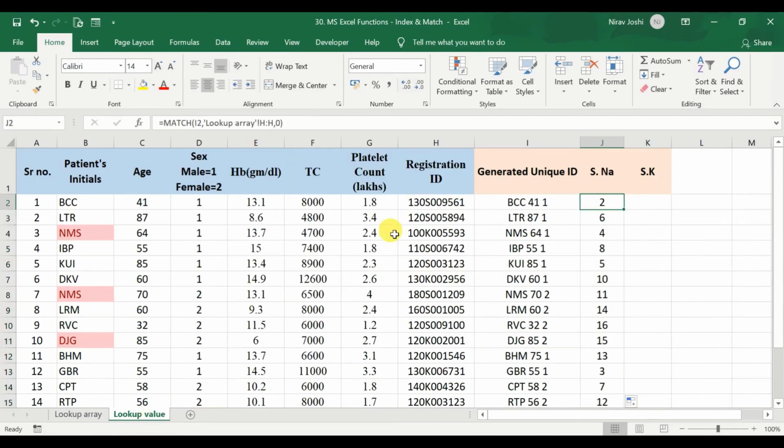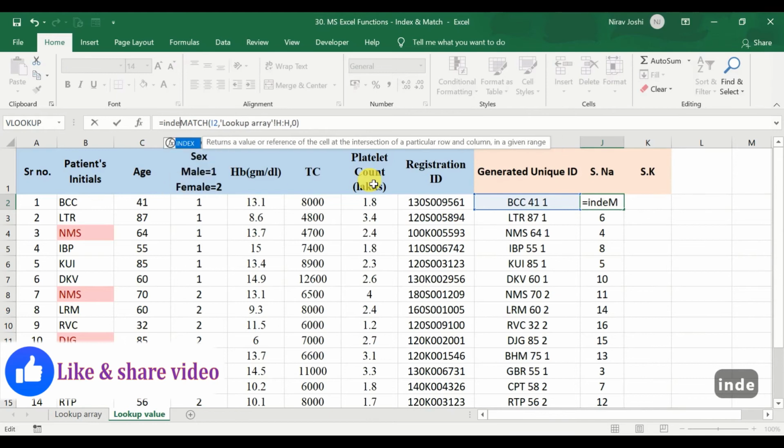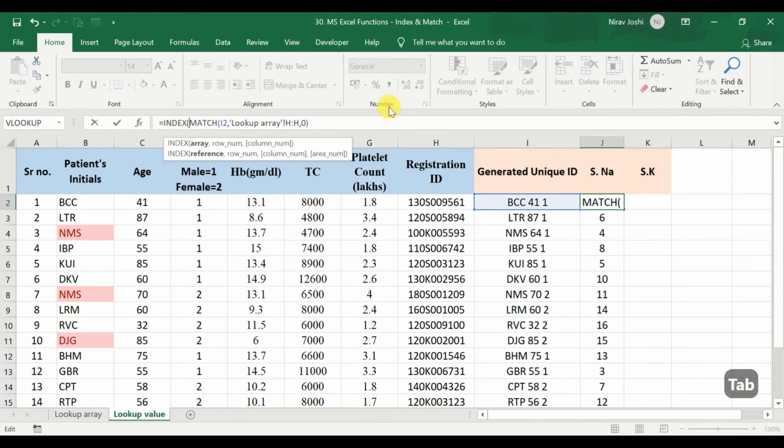Now if you remember, INDEX uses a row number and column number combination to bring about a particular value, right? So again we will start with the INDEX function. As we are going to nest this MATCH function, I am just pressing some spaces to make you understand.